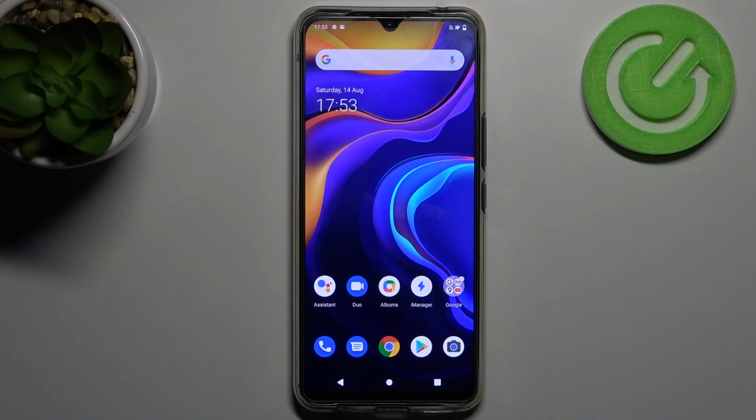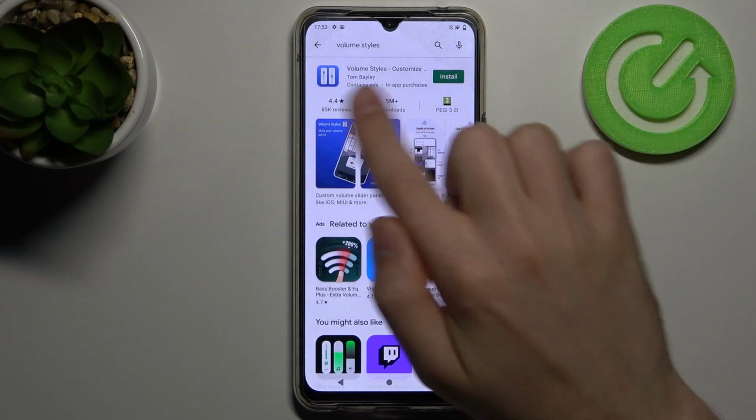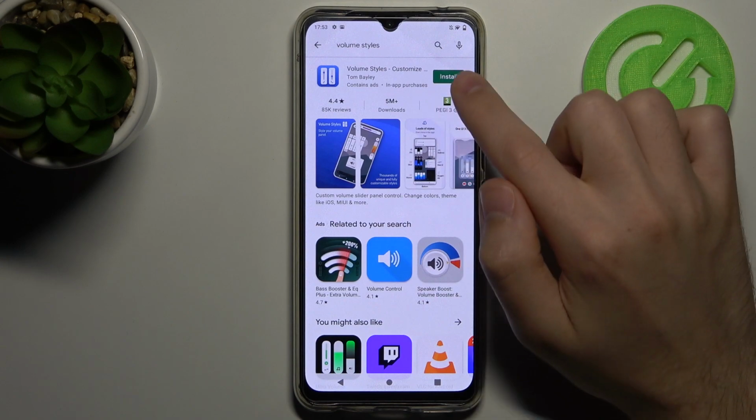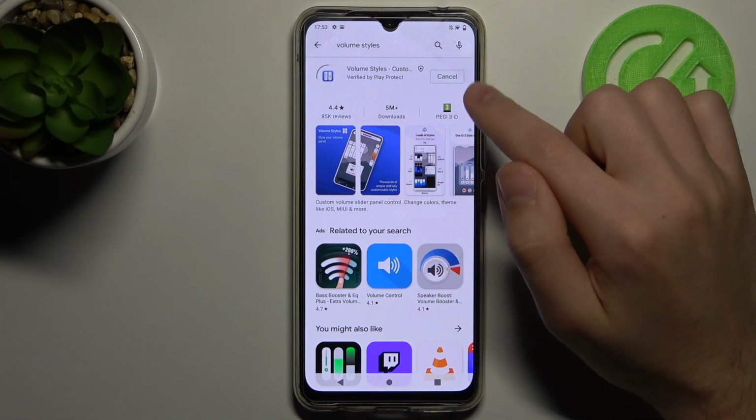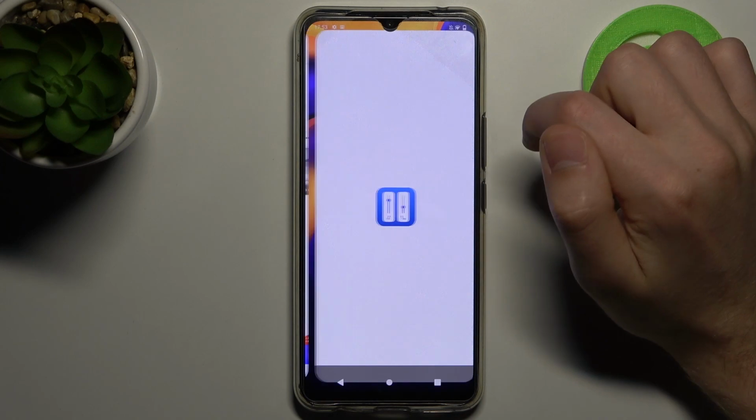Welcome! If you want to customize the volume styles panel on your VIVO V20, first open the Play Store and find the Volume Styles application, this one. Click install and wait a few seconds for it to install. Then click open,